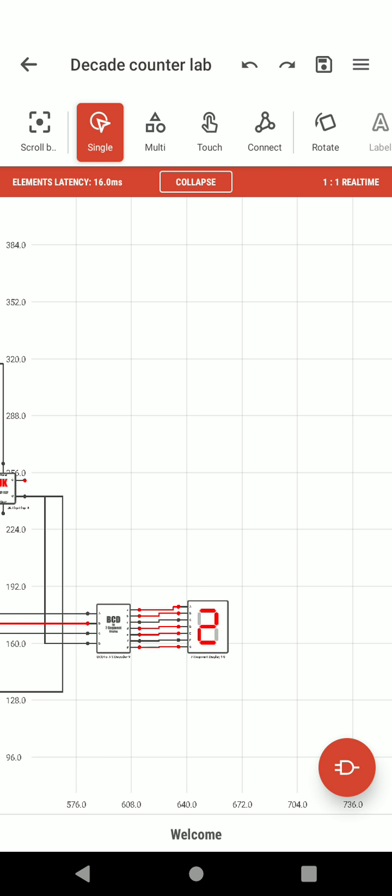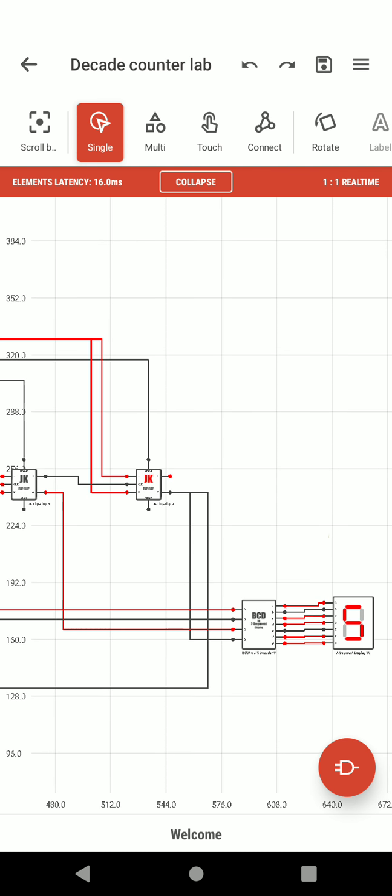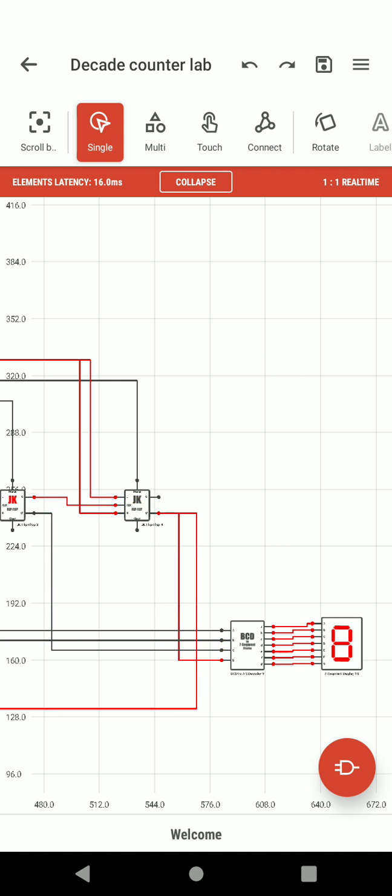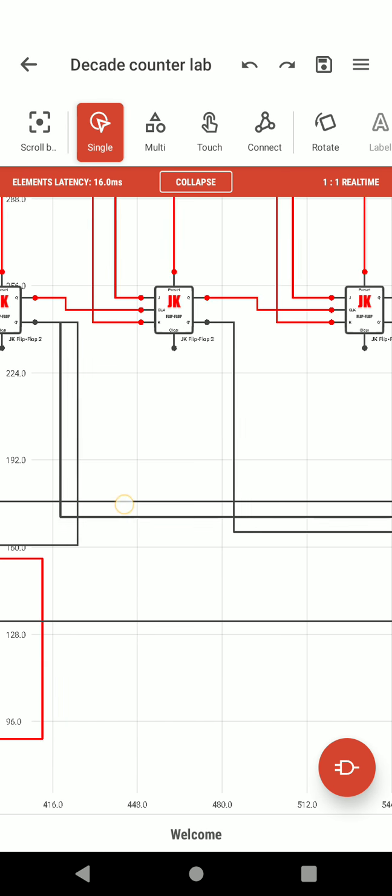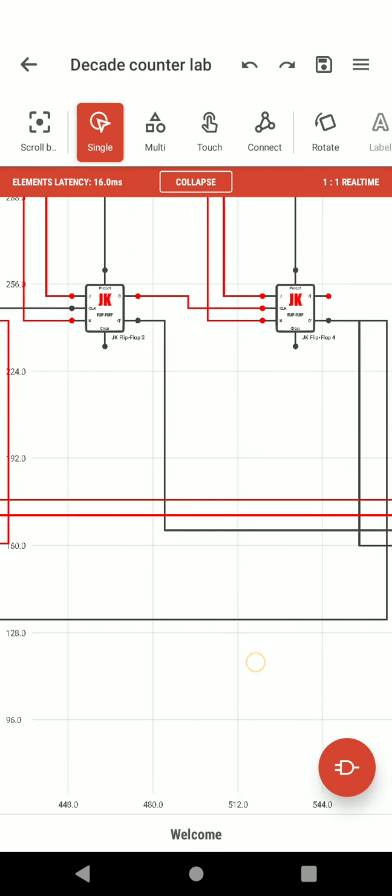So here if we see, we are first supplying the outputs of the JK flip-flops to the BCD. So it is a binary coded decimal, which converts binary numbers into decimal numbers. Finally we are giving it to a 7-segment display. So this is the circuit diagram. It goes 4, 5, 6, 7, 8, 9, and again 0. So we get numbers from 0 to 9. We don't get A, B, C, D, F, because this is a decade counter, so we only have 10 values, from 0 to 9. So this is the circuit.